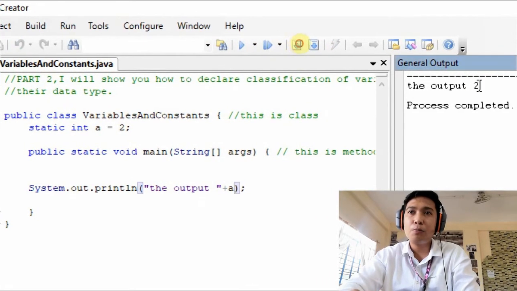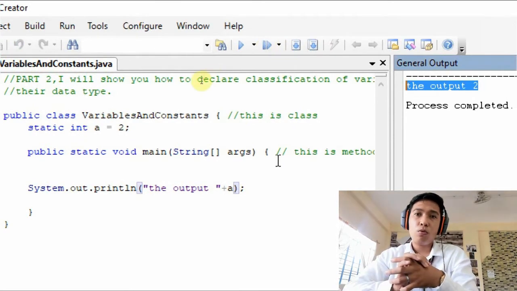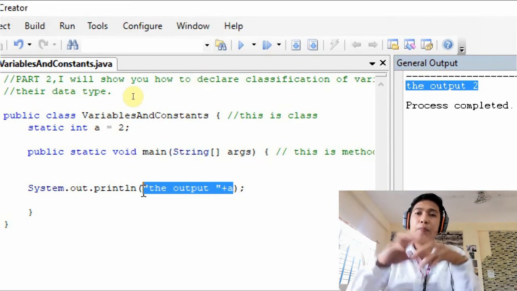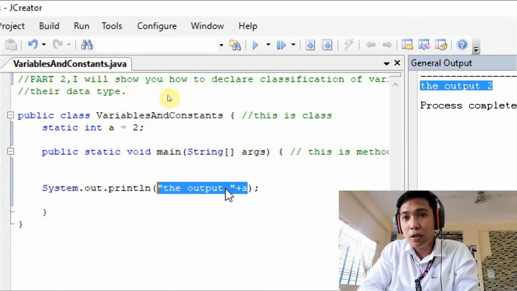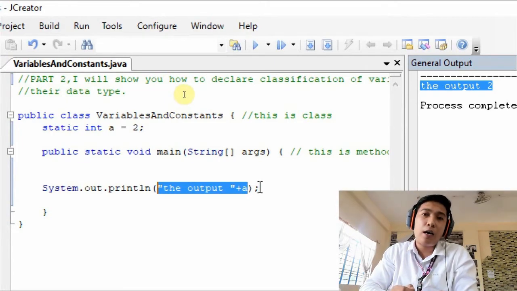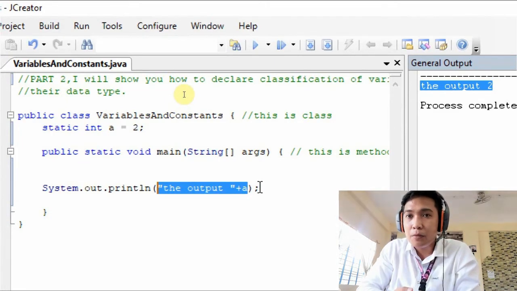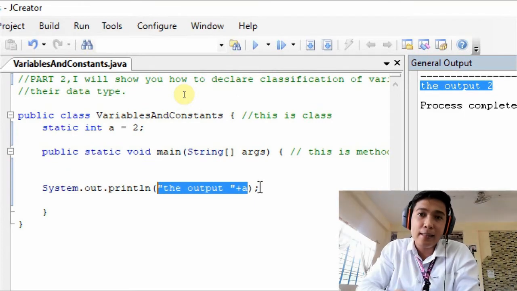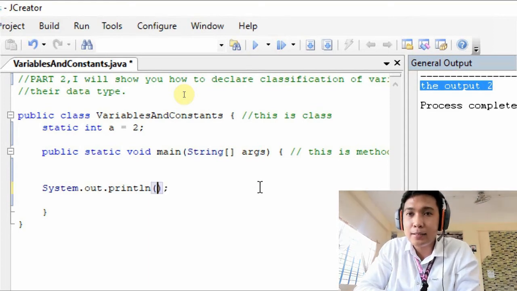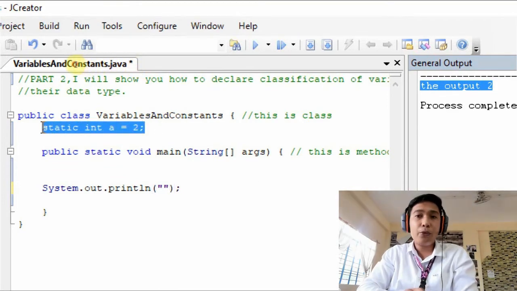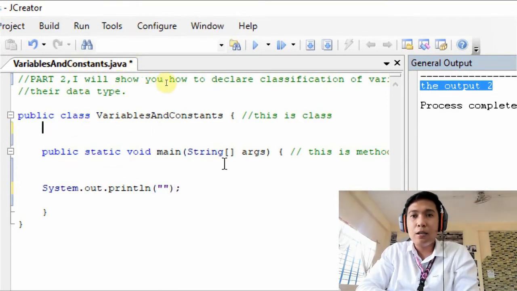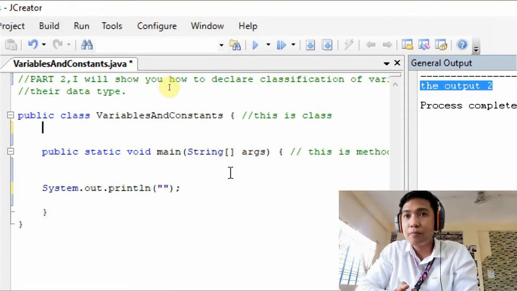So, we have the output 2. Again, the quotation is used only for the standard output. Used for messages, kumbaga, to create a sentence, a word, or a simple message. If we are trying to initiate a keyword or something that has a special meaning, hindi natin kailangan si